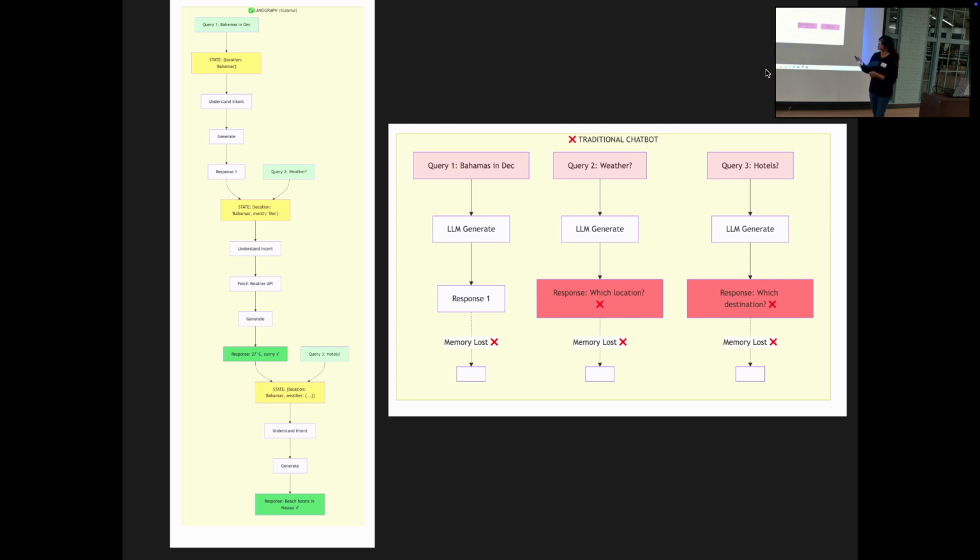This diagram is pretty much similar to the different one. I was playing around with something called Mermaid, and I was so excited to learn more about that, so that's the reason I had this. This is the user flow diagram, which shows the contrast between the traditional chatbots and the LangGraph.